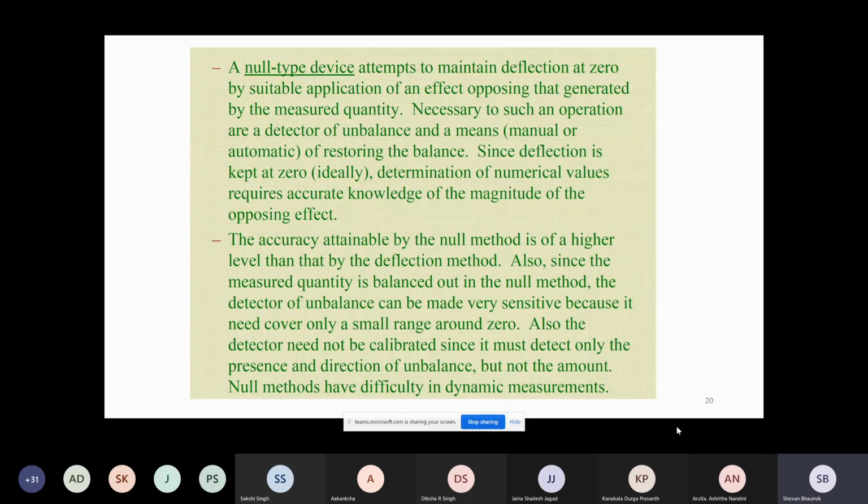So what does it mean? It means that with the null method, suppose you want to measure a speed with the deflection method. That means when the input is dynamic, when the input is changing, not very rapidly but slowly. Suppose you are riding a bike, your velocity increases gradually, then you decrease the velocity. As the velocity changes, your deflection will also change, and you can see it.